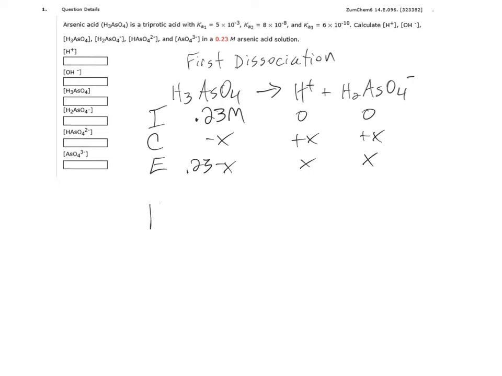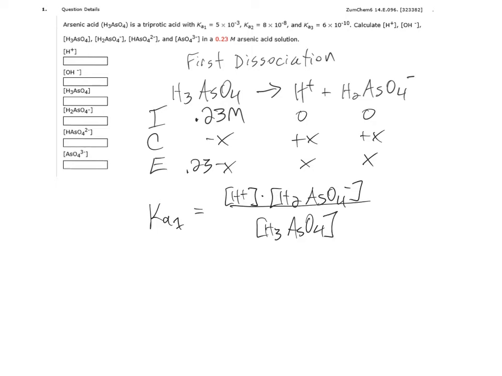And we can write an expression for the equilibrium of this equation. We'll call this Ka1 because it's the first dissociation. It's always product concentrations over reactant concentrations. And thus far, we're just looking like a normal weak acid problem. I'm going to use the first Ka value they gave us, 5 times 10 to the negative third. And I'll tell you that that Ka value is pretty high among the weak acids,